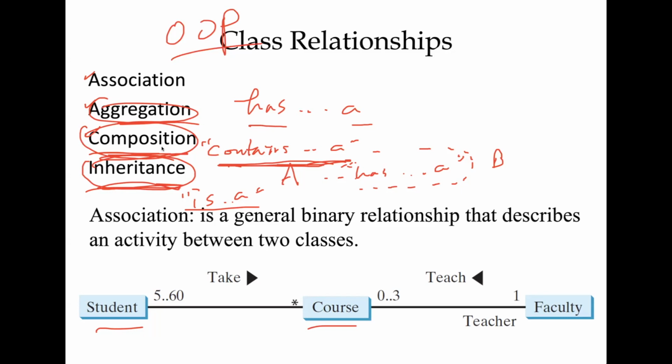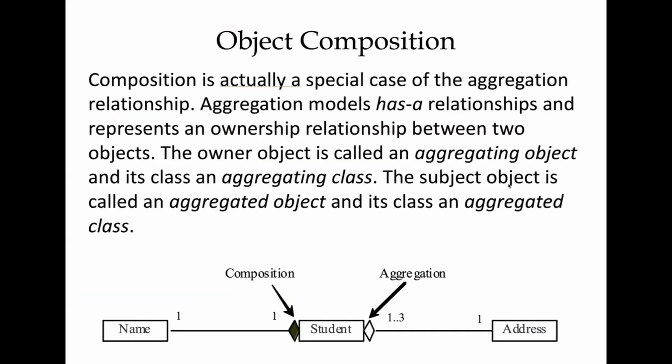Next, let's focus more on composition. Let's look at this example of student, address, and name and their relationships. We know that composition is a contains-a relationship versus aggregation, which is a has-a relationship. This composition is strong versus aggregation as weak. What does that mean? Strong as in a student would have a strong contains-a relationship to name, meaning a student must